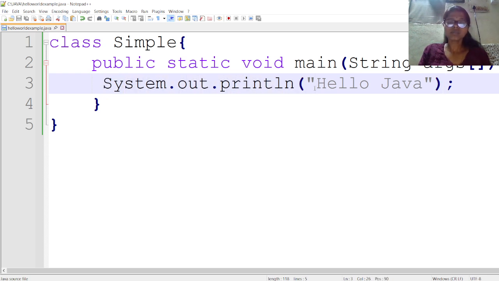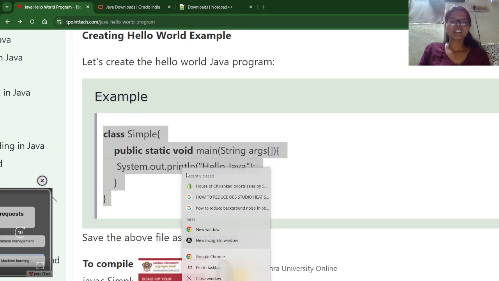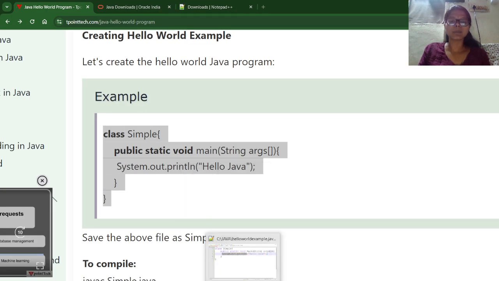Like you want to print hello world, hello Java, whatever statement you want to see on the screen, you must mention it in System.out.println. In C we just write printf. In Python, just print. It will print the output on the screen. But in Java, to display on the screen, we use System.out.println.